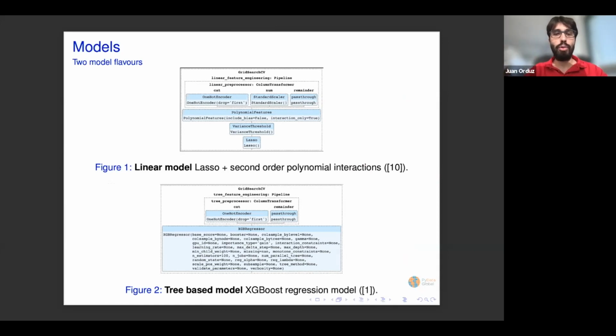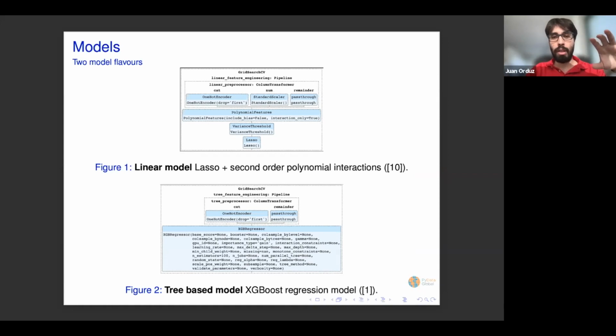So about the modeling that we're going to do, I selected 3 types of models, which represent 2 different flavors. One is a linear model, which takes all of these features and puts them into a linear regression. But I also added second order polynomial interactions just to make sure that we control for non-linear effects. But as I'm having all of these combinations, I also don't want to overfit. So for that, I'm running a time-slice cross-validation step with a lasso regression so that I can do certain variable selection. So it's really a little bit of feature engineering.